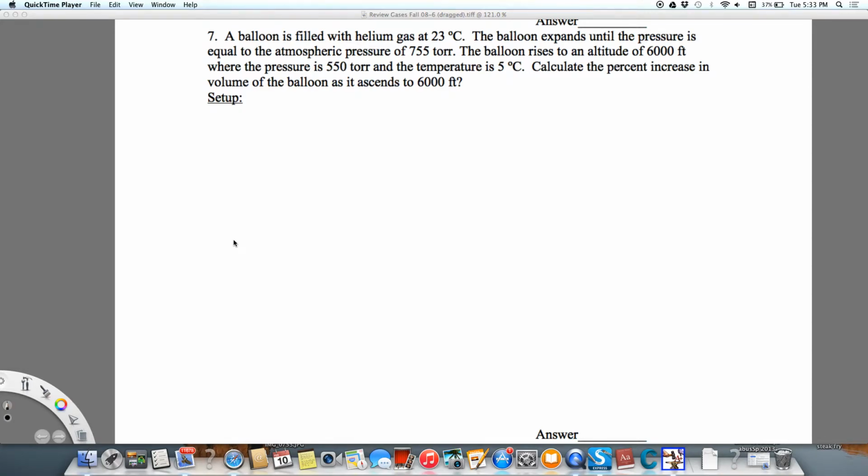Here we have a balloon filled with helium gas at 23 degrees Celsius. The balloon expands until it is equal to atmospheric pressure, which is 755 torr. So here we have our balloon,